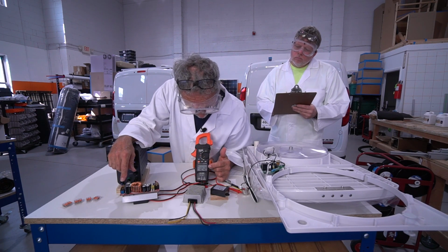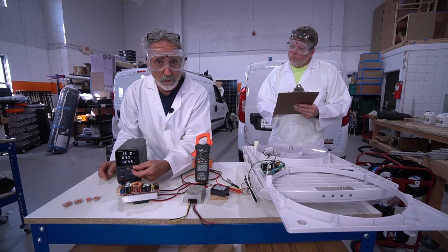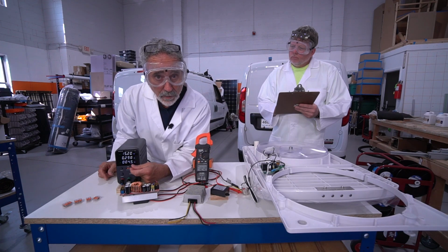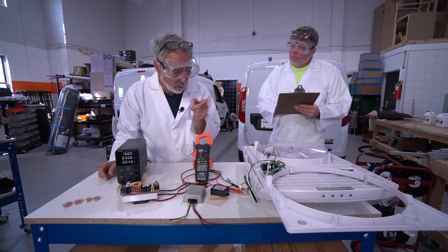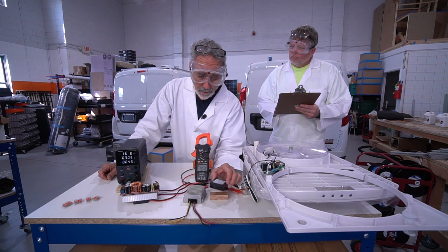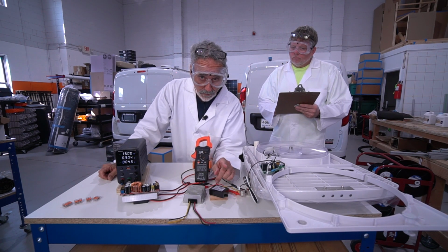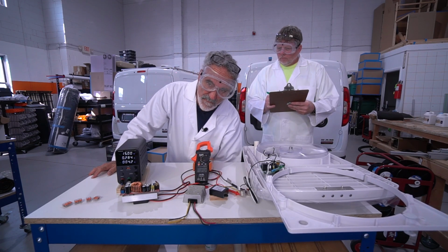You can see we're still at 12.12 volts. If I ramp up the voltage, still 12.12. Go the other way, same thing. So no matter what we throw at this fan, the little regulator takes care of it. No more problems. So now the next thing that we got to do, the next step in this fix,